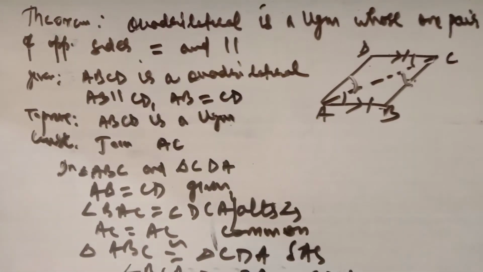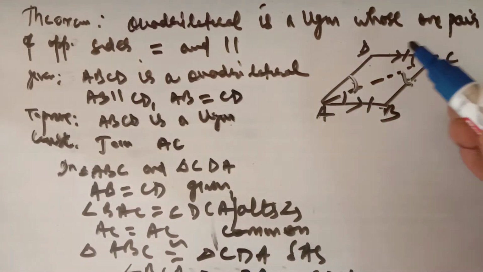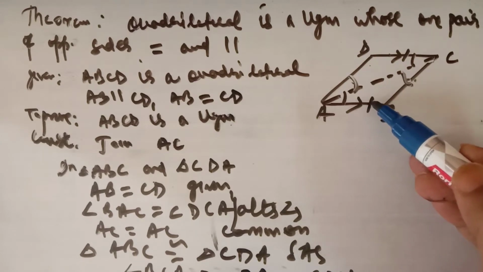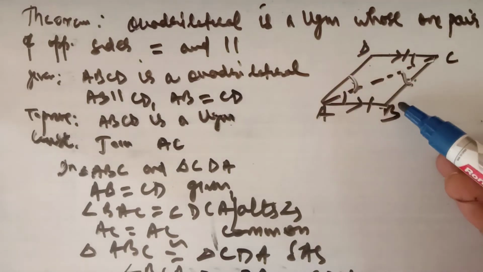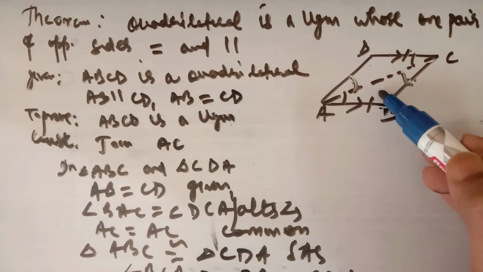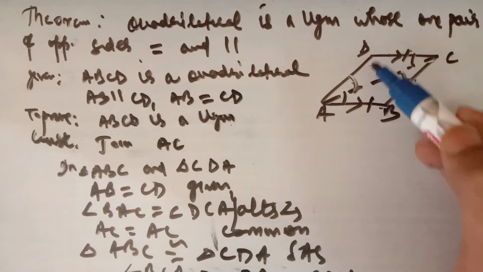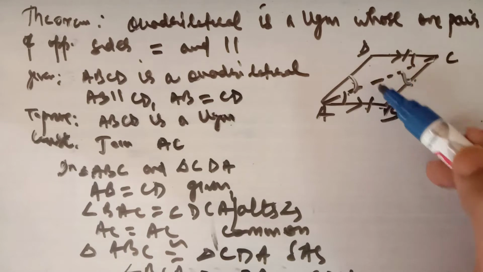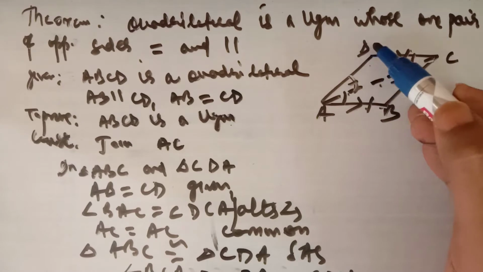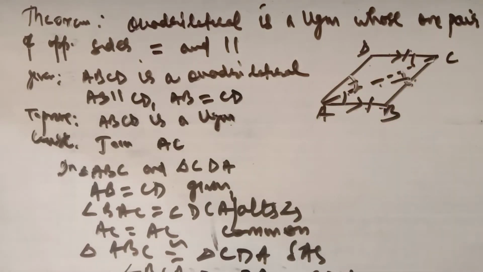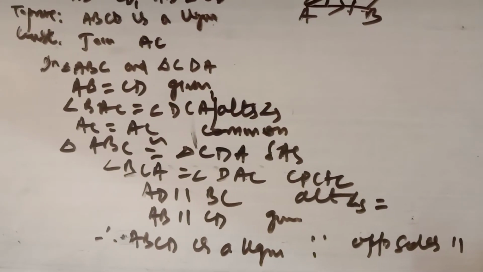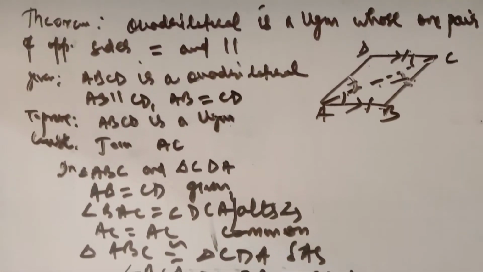A quadrilateral is a parallelogram whose one pair of opposite sides is equal and parallel. In this, this line is parallel to this and this line is equal to this. So if I prove that BC is parallel to AD, then ABCD is a parallelogram. Because this line is parallel to this and this side is equal to this, I can easily prove that triangle ABC is congruent to triangle CDA, side angle side. Because these two triangles are congruent, these two angles are equal by corresponding parts, and because these two are alternate angles, AD will be parallel to BC. So opposite pairs are coming out to be parallel, so it is a parallelogram. So this is the theorem.